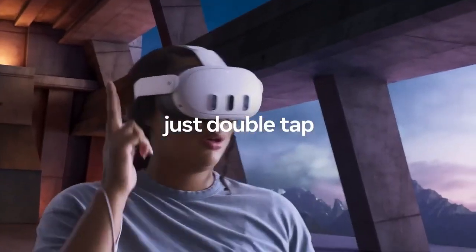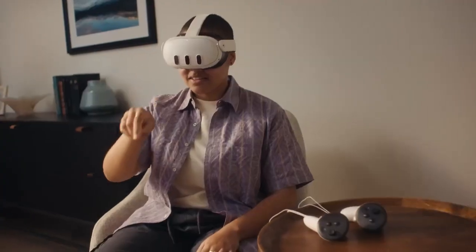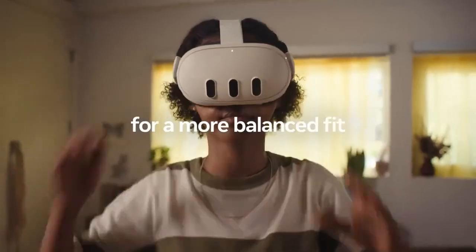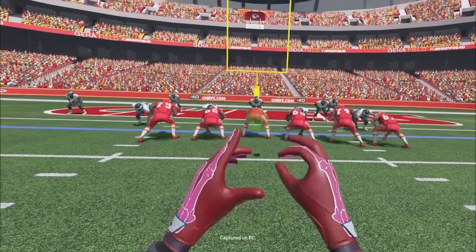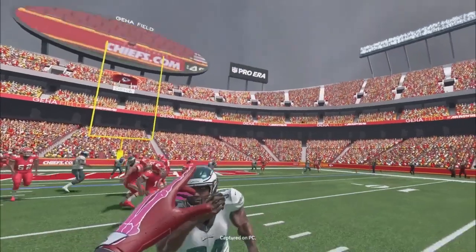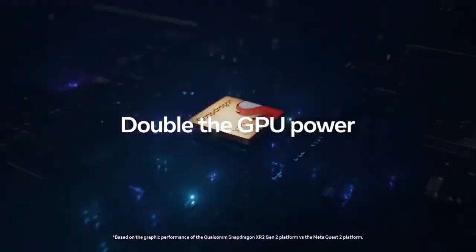Comfort is key with the Quest 3. It has a slimmer, lighter design that's perfect for extended play sessions. Plus, its wireless setup and broad selection of apps and games make it easy to access high-quality VR without the usual hassle. Overall, the Meta Quest 3 represents a big leap forward in making virtual reality accessible and enjoyable. Whether you're a gamer, a social butterfly, or just curious about VR,